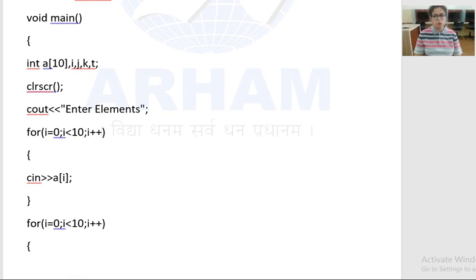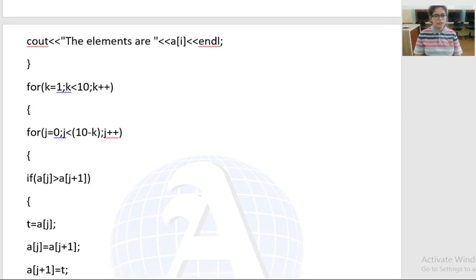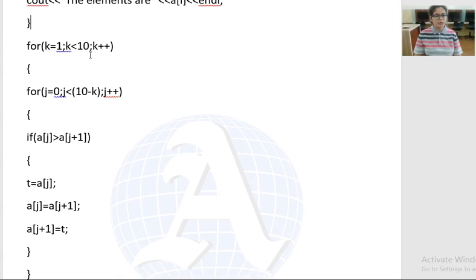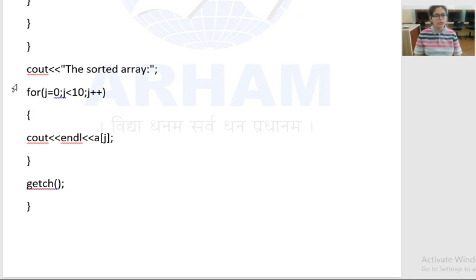Then again a for loop to print those numbers, using cout. Then a for loop to apply the passes, then a for loop to exchange the elements inside the passes, and then the condition. After that, again you have to apply the loop to print the elements.